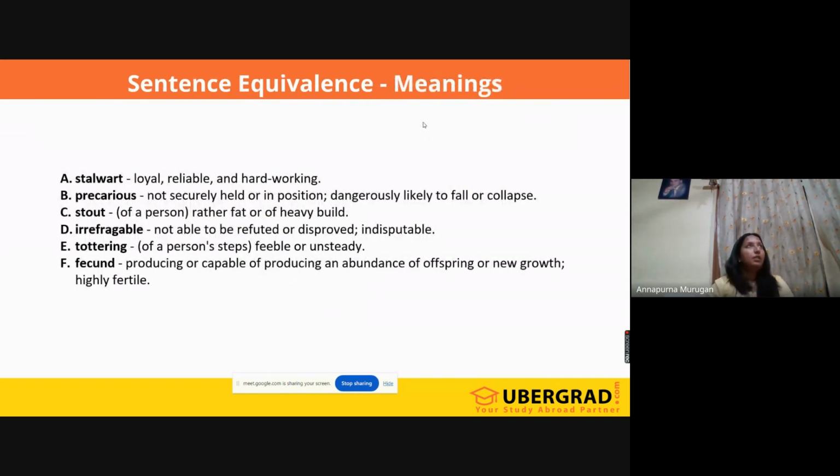So here we have the words. You can see stalwart is hardworking, loyal, reliable. Precarious is not securely held, something which is in a dangerous condition. Stout is rather fat and short. Irrefragable is not able to be refuted, or you cannot oppose something. Tottering is something unsteady or feeble. Fecund is producing or capable of producing many offspring. Okay, highly fertile. Basically, fecund is highly fertile, we can say. Now,